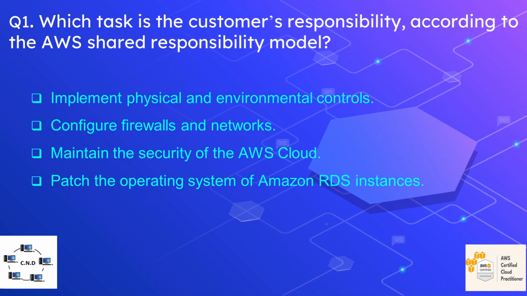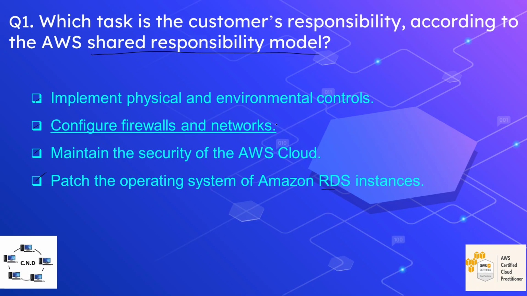So question number one is: which task is the customer's responsibility according to the AWS shared responsibility model? The options are: option A, implement physical and environmental control. Option B, configure firewalls and networks. Option C, maintain the security of the AWS cloud. And option D, patch the operating system of Amazon RDS instances. And the correct option is